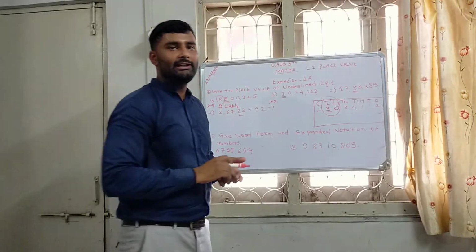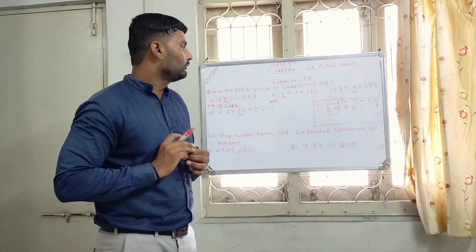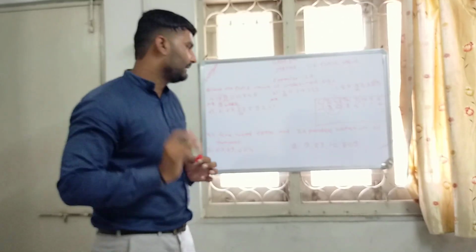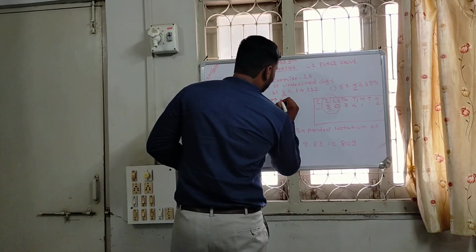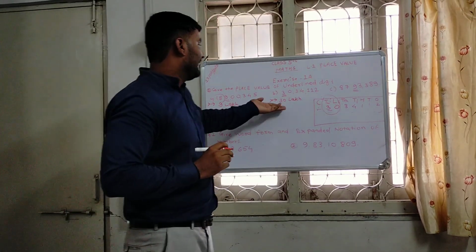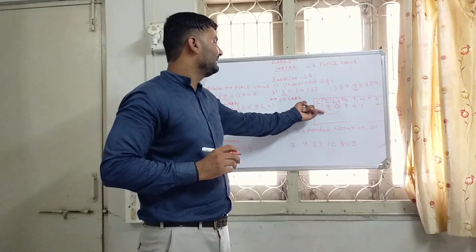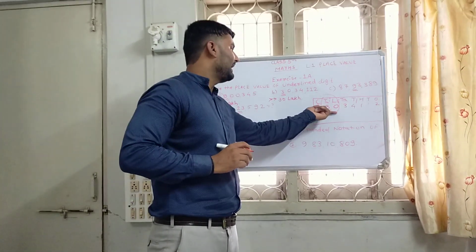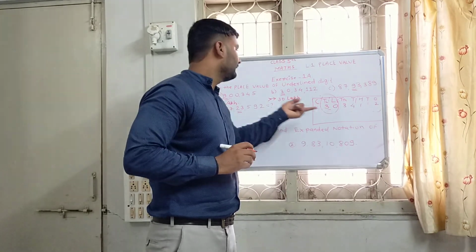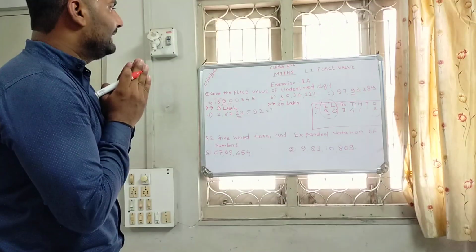So the place value of 3 is here, 10 lakh, and the face value is 3. So multiply 3 by 10 lakh. What is our answer? 30 lakh. Okay, our answer is 30 lakh. Why did I write 30 lakh there? Because the chart is here by place value, and the place of our 3 is 10 lakh, but the answer for this underlined number is 30 lakh.